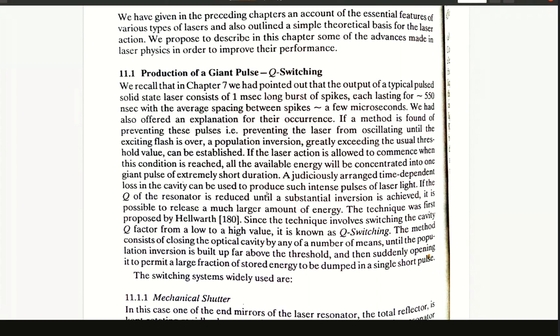So the Q switching is like this. When the exciting radiation from the xenon flash lamp is illuminating the ruby rod, you don't want